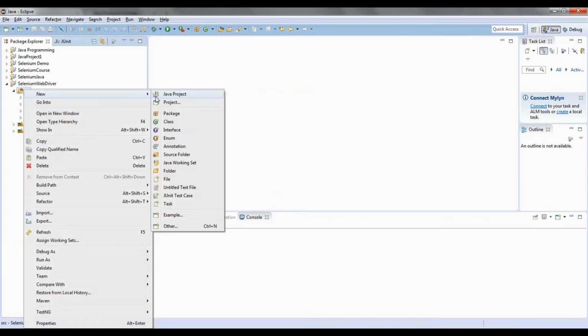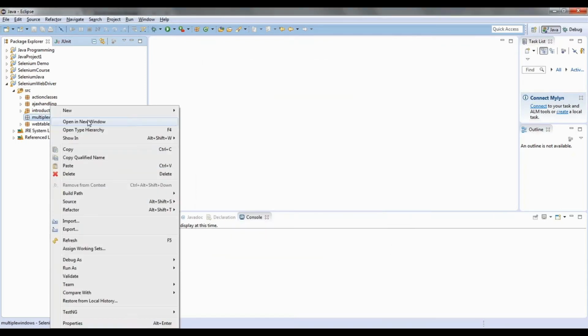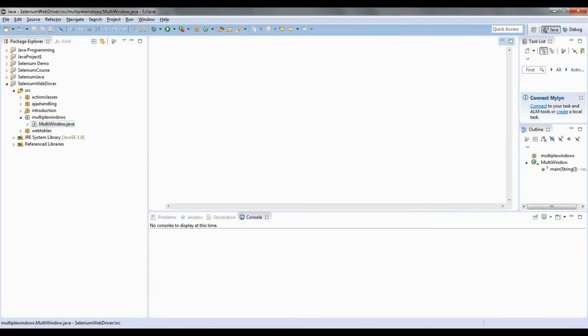Now I'm going to create a package, multiple windows. We'll be creating a method that is multi-window.